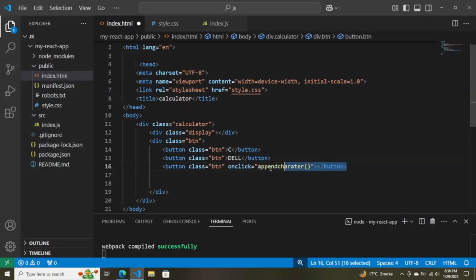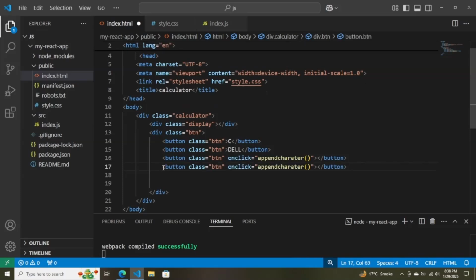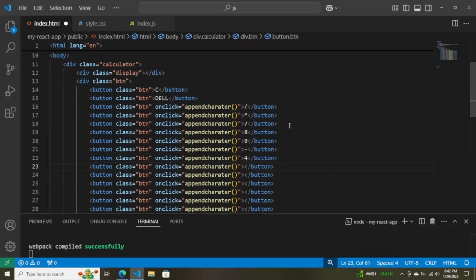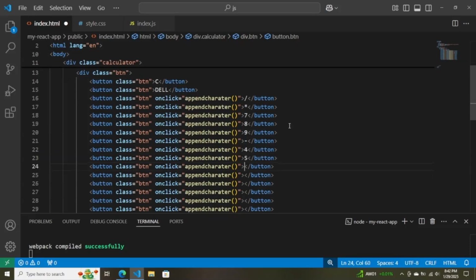And we need 16 more buttons, so copy, paste. The third button is used for divide, and the fourth button is used for asterisk, and then 7, 8 and 9, 4, 5 and 6,